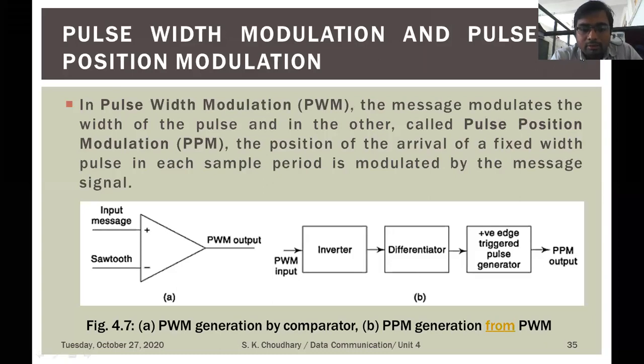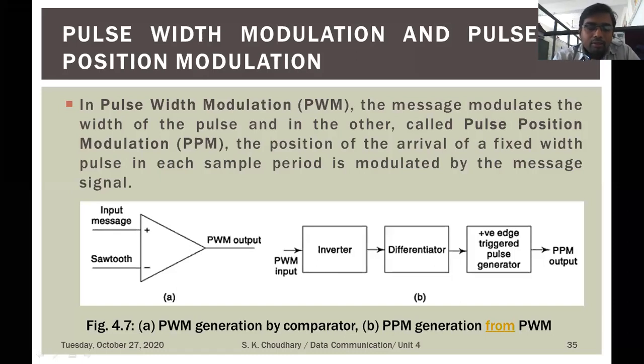Nyquist conditions to perform sampling, where we found that for a band limited signal, the sampling frequency should be equal to or greater than twice the maximum frequency. Okay, Fs should be equal to or greater than twice of W. And we also saw how to generate the PWM signal with the help of the mechanical switching technique as well as the time division multiplexing technique in the last lecture.